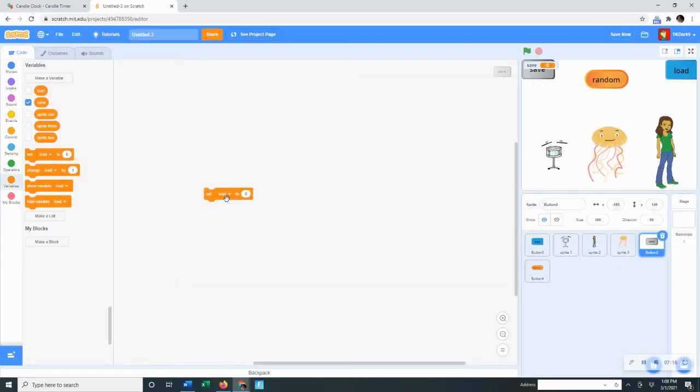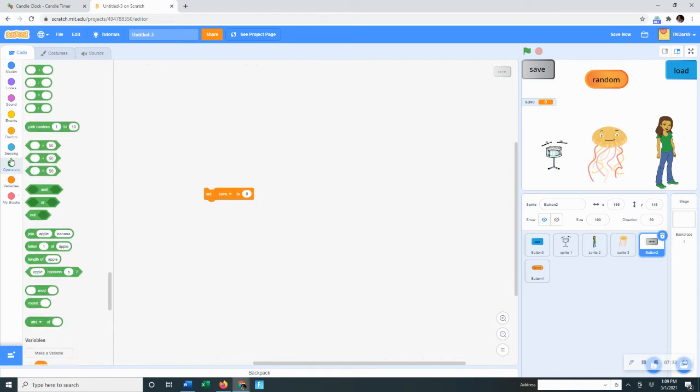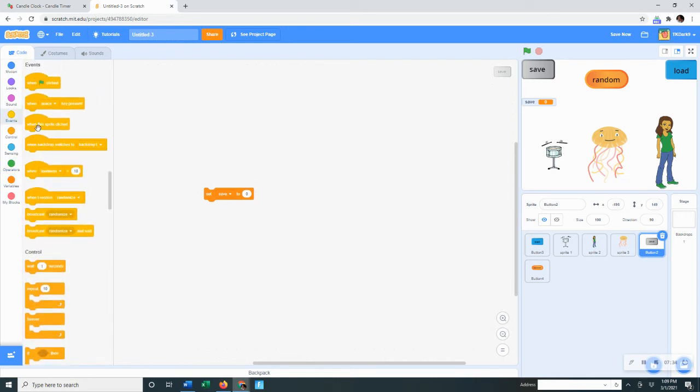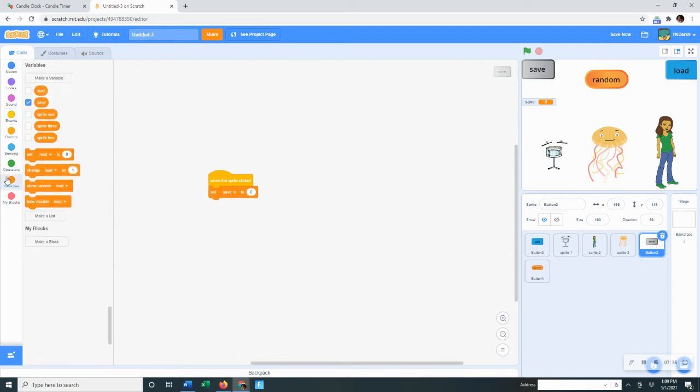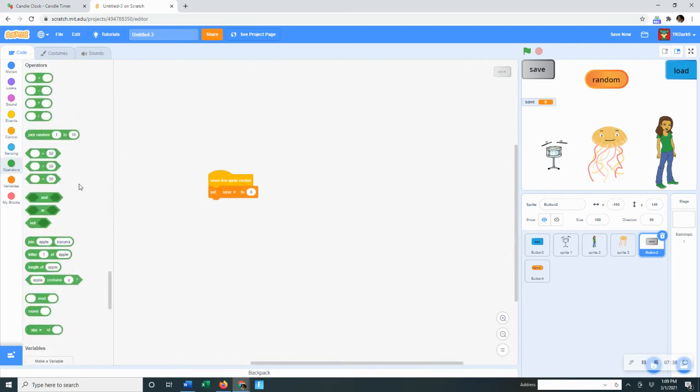Okay, hit okay. Save. Hide the save variable, just a minute. Save is gonna be right there. And then, set save to, events when this sprite clicked. Set save to